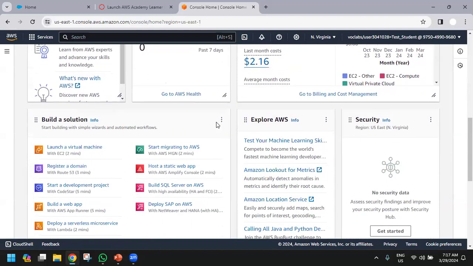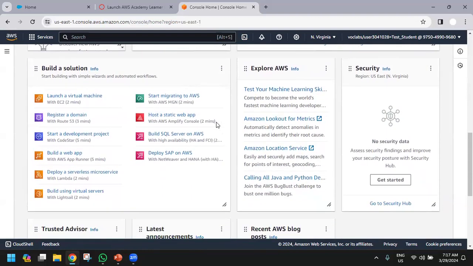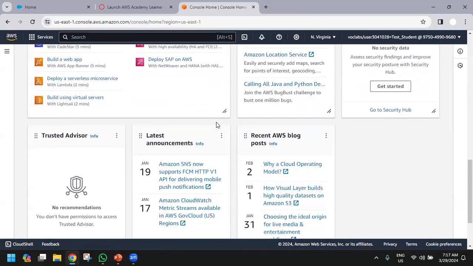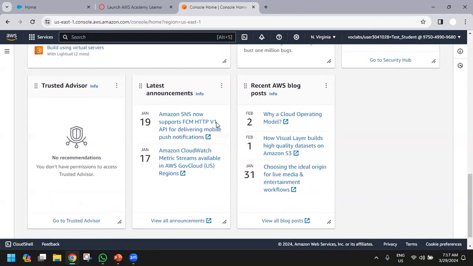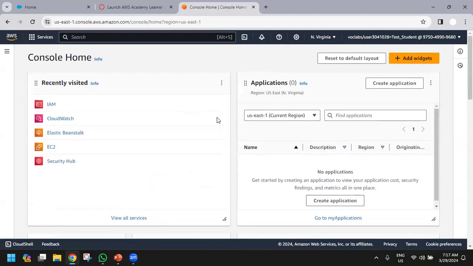These are the different summaries on the dashboard. If you scroll down, these things will show up. So here we'll summarize today's session.